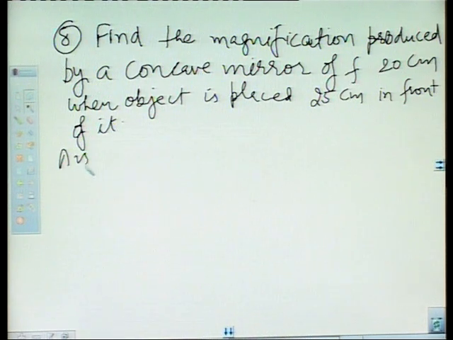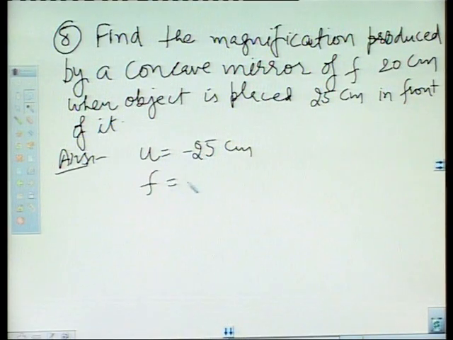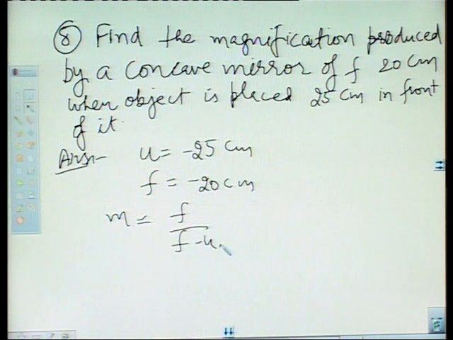Now in this case, the distance of object u is equal to minus 25 centimeter, because u is always taken as negative, and for concave mirror f is equal to minus 20 centimeter. Now firstly the magnification power is given as f upon f minus u, putting the values minus 20 upon minus 20 minus minus 25